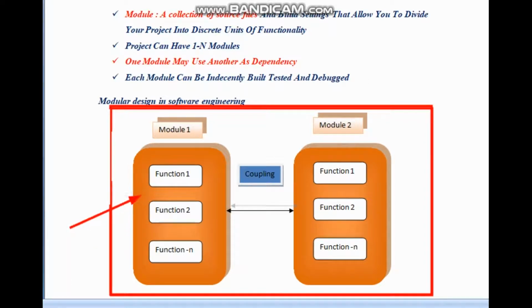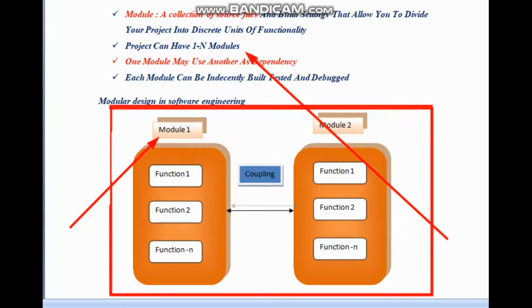So a module is a collection of, or you can say a set of, functions. There may be n number of functions in a module. So what are these functions? These are nothing but the set of activities which are carried out by this module. So a module is a collection of source files which are ready to get executed, or it may be a set of processes. A software product can be divided into n number of modules. Each module will have its own functionality. A module is also called a unit. So a project can have 1 to n modules.